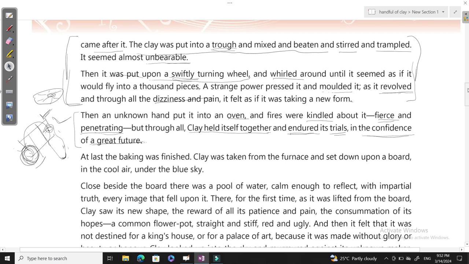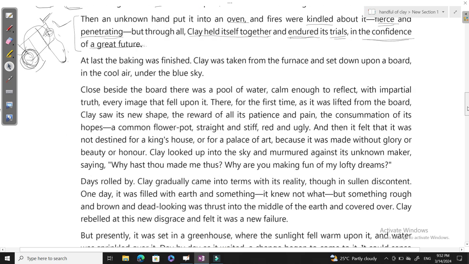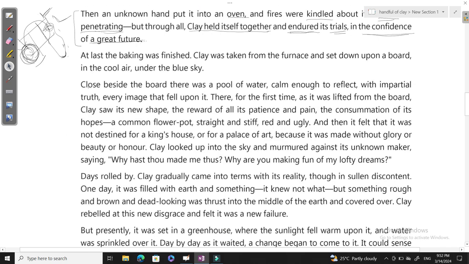Next. What happens, see again. At last baking was finished, as I told. The baking process was completely done. At last the baking was finished. Clay was taken from the furnace and set down upon a board in the cool air under the blue sky. And then it was kept under the blue sky after the baking process, set down, and it rested in an